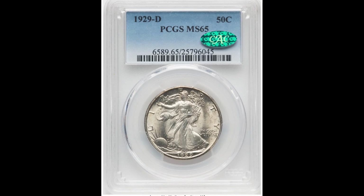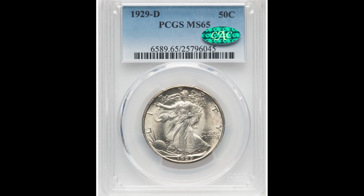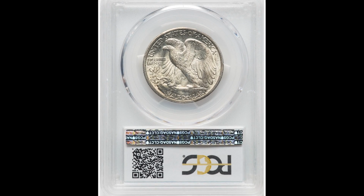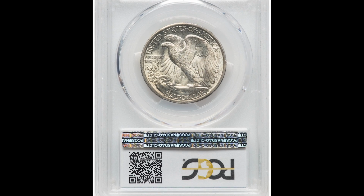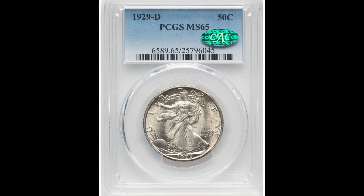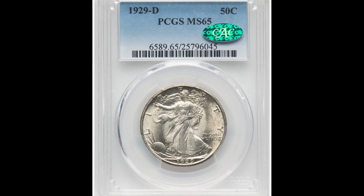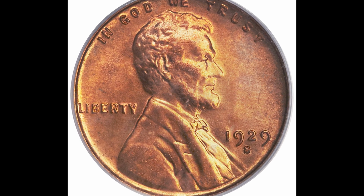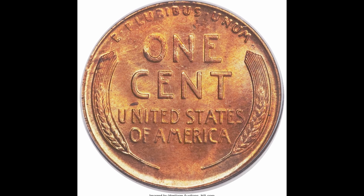We'll be brief on this coin, but this is a genuine half dollar or 50-cent piece from the United States. It's called a Walking Liberty half dollar. This one was graded by PCGS at a mint state 65 and it sold for $2,400. Here's another Lincoln cent coin. This one graded by PCGS at a mint state 66 red and it sold for